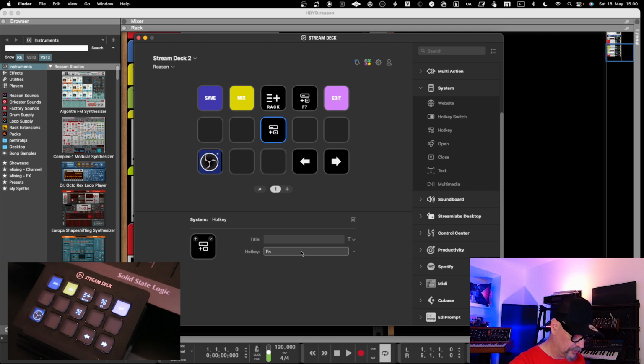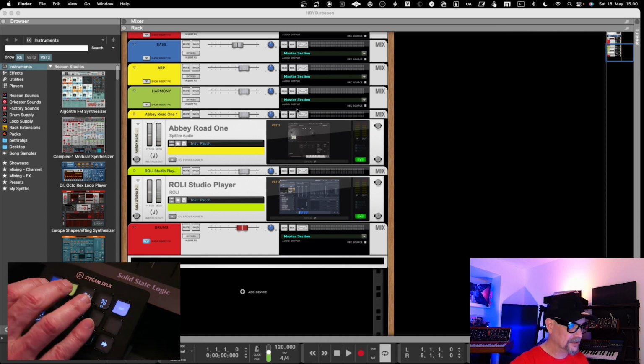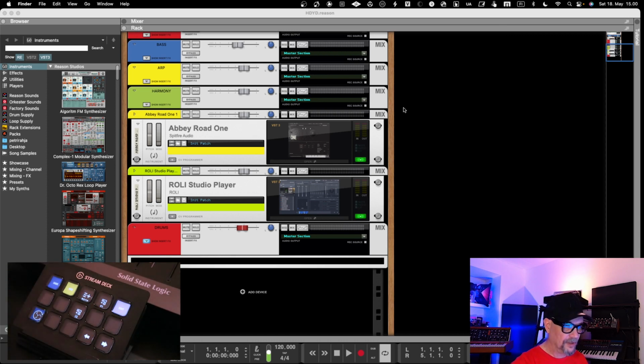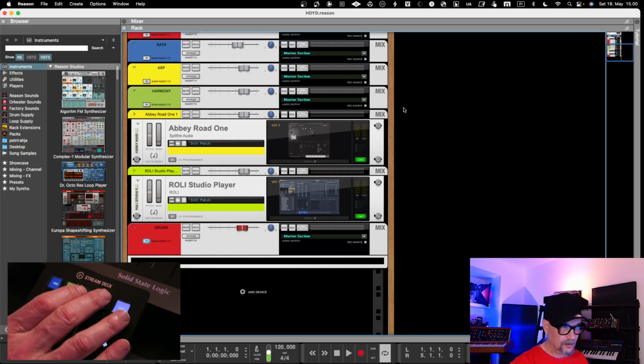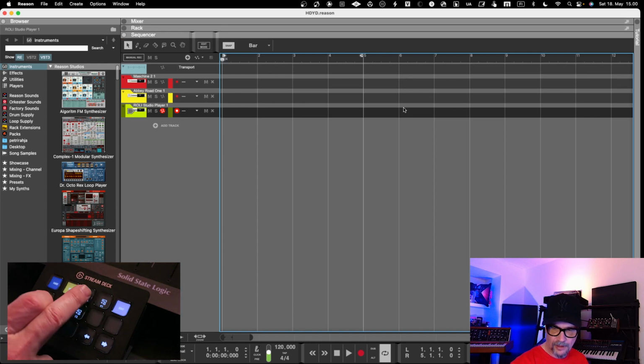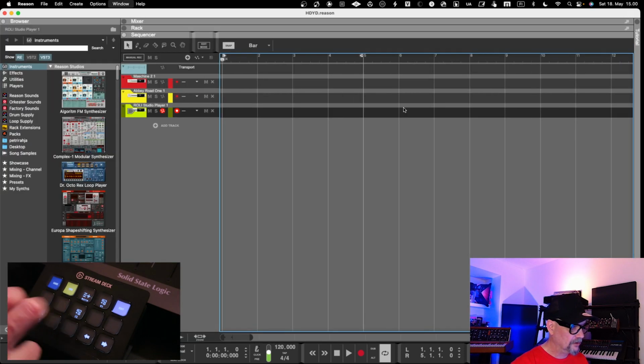Of course you can do much more complex than this, so this is just to highlight the controller and the capabilities of it. So now once you are happy and you have programmed it, you can close the application, and then you can directly access that from here once you have selected the app. So you can then go from a rack to sequencer to mixer to rack to sequencer to mixer, and open and close the browser. So that's quite easy, and